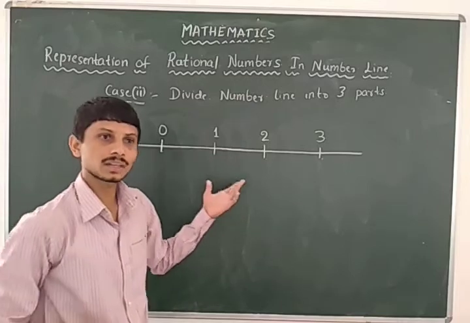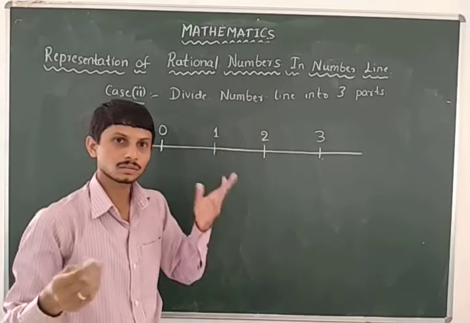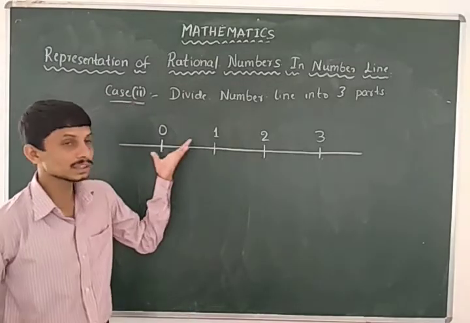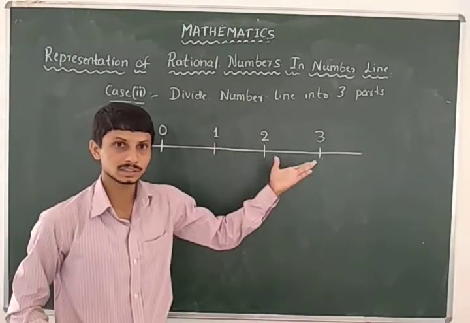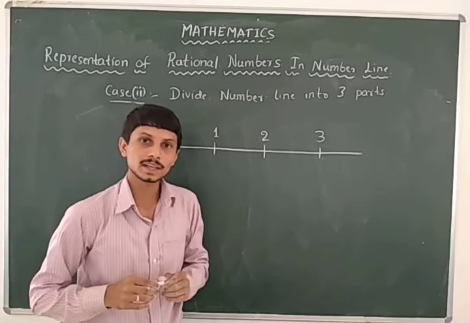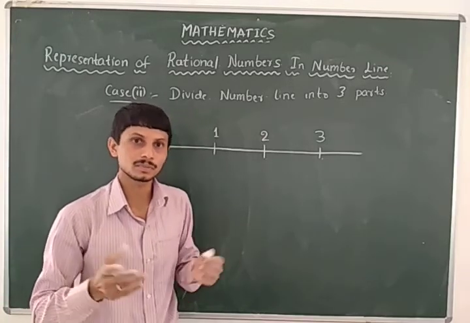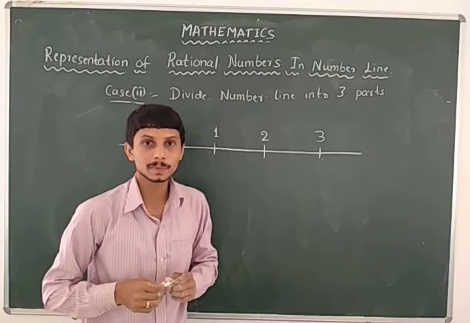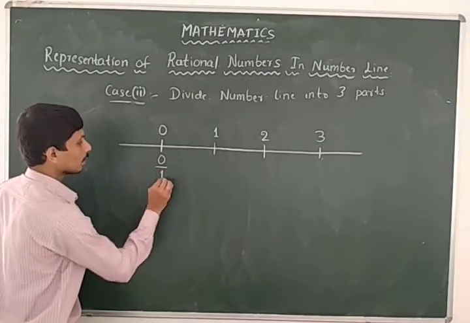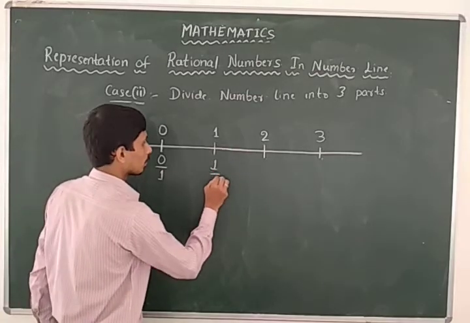So we have to take any numbers here. It's your choice. So I have to convert these numbers. These are the positive integers and 0. We have to convert these into fraction form or rational number form, that is in the form of p by q, where p and q are integers and q is not equal to 0. So 0 can be written in the form of 0 by 1, and it can be written in the form of